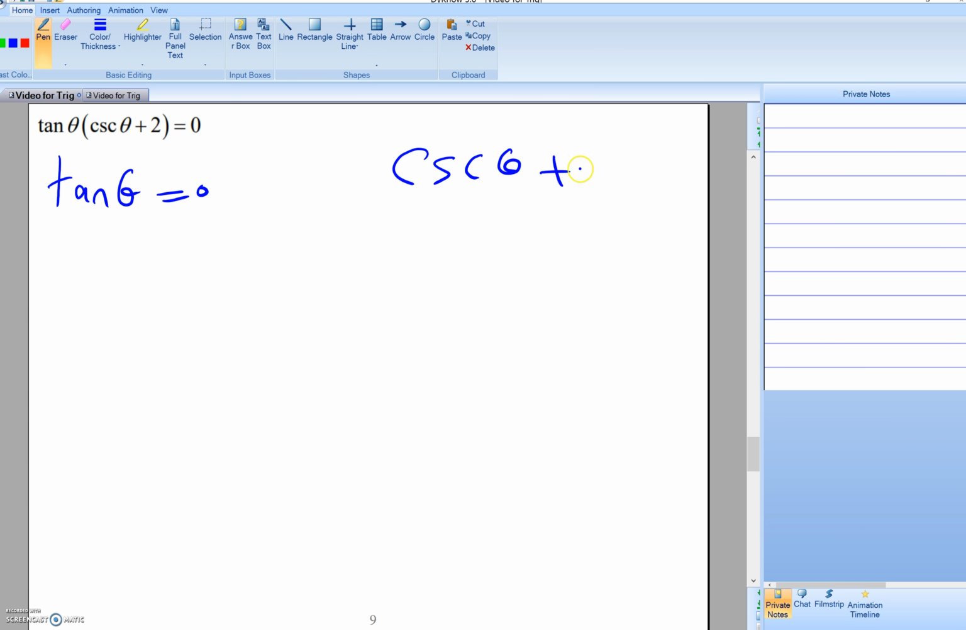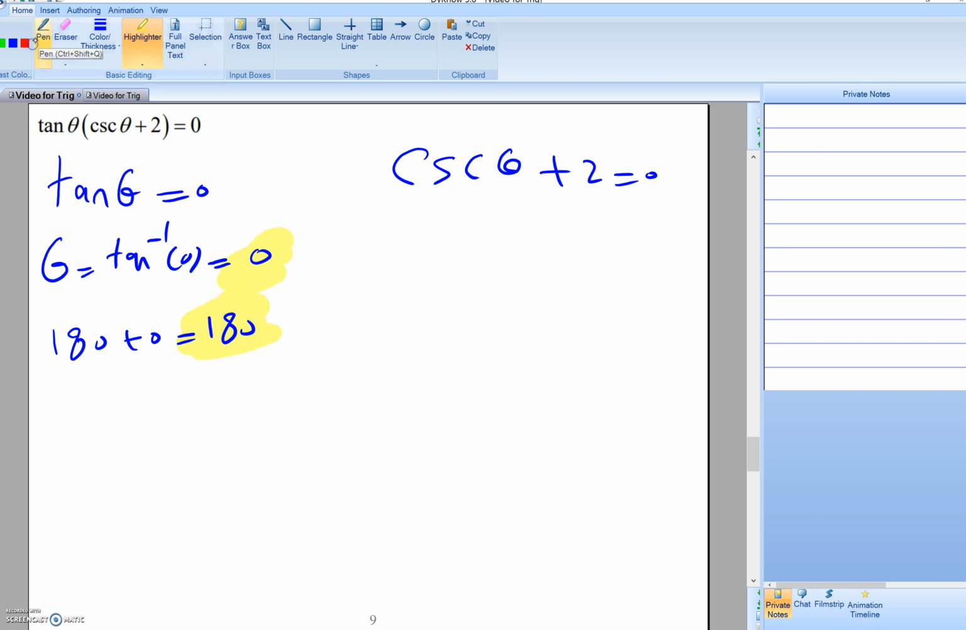Cosecant theta plus 2 can be 0, okay? If tangent theta is 0, theta is tangent inverse 0, which is 0, and 180 plus 0, which is 180, okay? So I have one angle here and the other one here, okay? How about that? If I have cosecant theta equal 2, means cosecant theta is